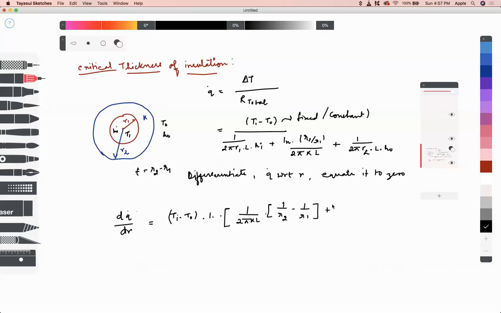And then this part will also become 0, differentiation of this part will also become 0, because L is constant and H naught is constant. Oh, sorry. R1 is constant, R2 is not constant, because R2 will depend on